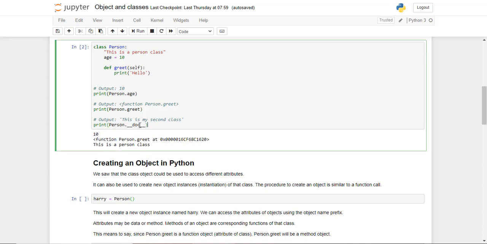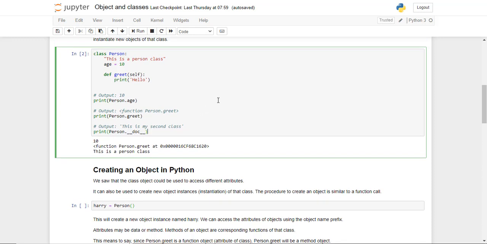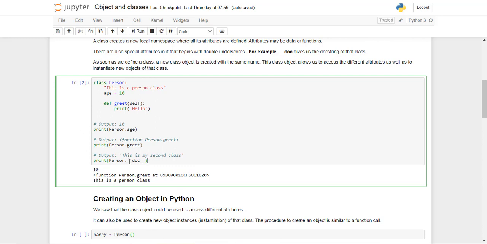And finally, we call the docstring using the __doc__ function. This is inbuilt into Python. These are called special functions or dunder functions. The dunder stands for double underscore, also called magic functions, and they allow us to do a lot of things in Python. So we have not specifically defined a __doc__ function, but this is taken by Python by default. So when we call this function, this docstring is going to be printed out.